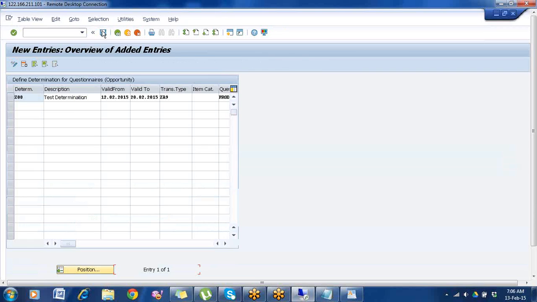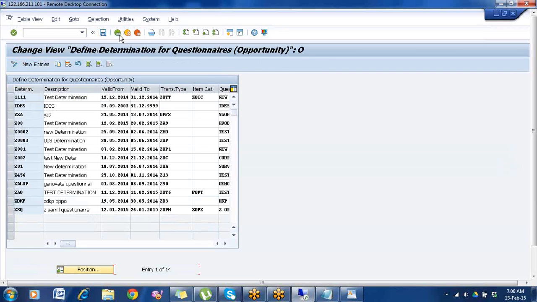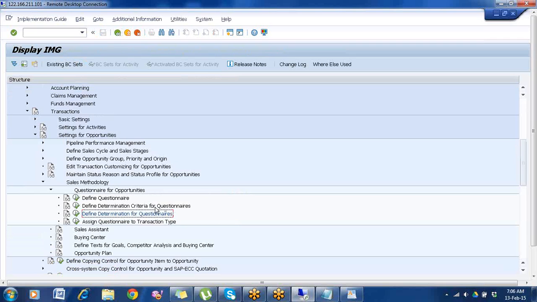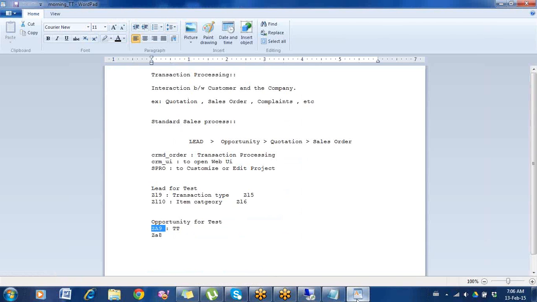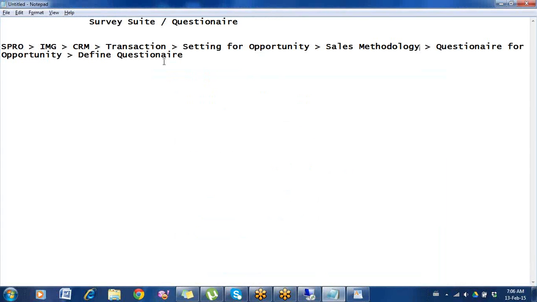Enter. Next step, assign the questionnaire to the transaction type. Select it. We have 3 steps here. Define the questionnaire.